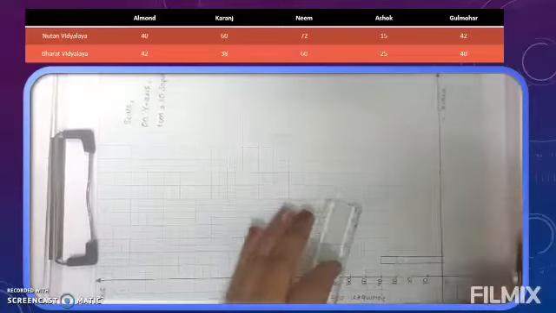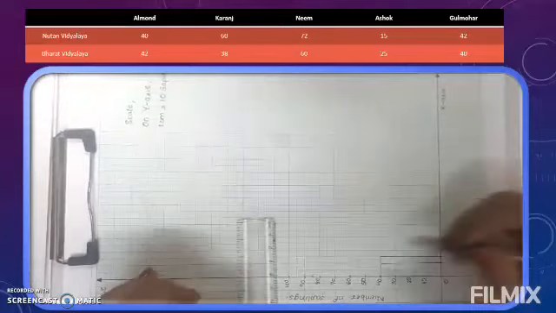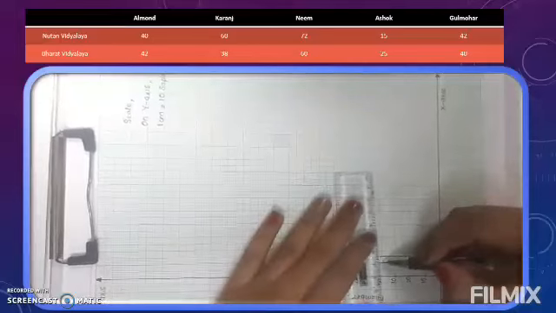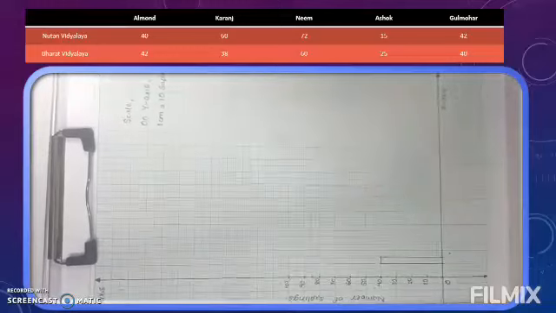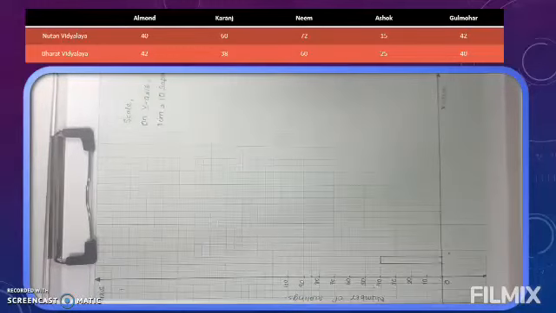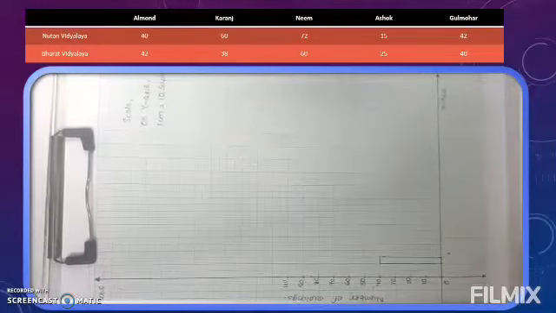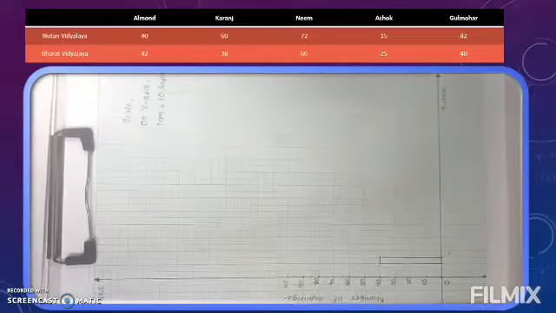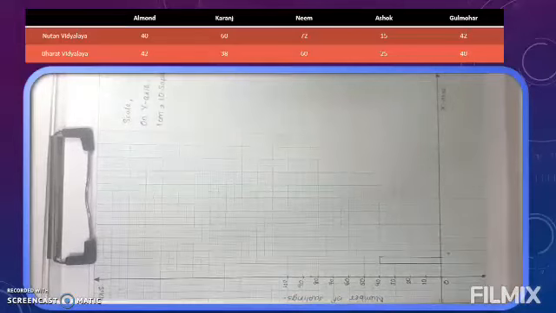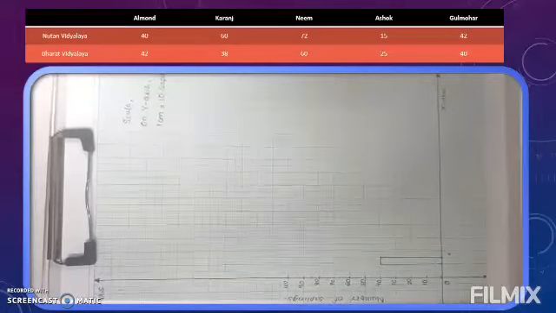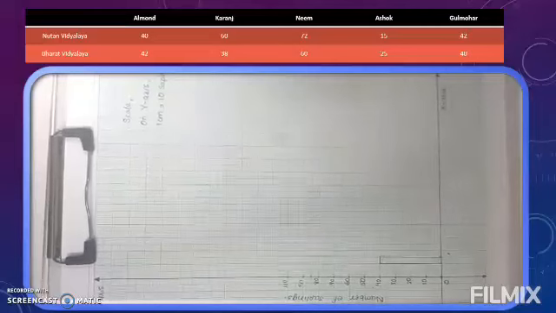Then join these two. Many students join this with the help of their hand. For joining these two also you have to use a scale so that your work looks neat and clean. So this bar is showing information about which school? Nutan Vidyalaya. Now whatever half place is left, we will use for showing information about Bharat Vidyalaya.